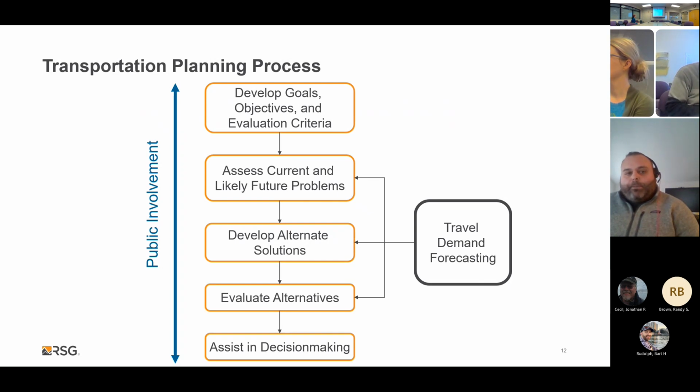Otherwise, you run the risk of developing a travel demand model that isn't sensitive to the policy questions that you're asking in the region. So it's really important to have that feedback mechanism in your planning process with the travel demand model. You don't want to develop the travel demand model in a silo as its own thing. You want to make sure that you're developing the travel demand model and your planning processes concurrently with enough feedback so that the money that you're spending on the travel demand model is answering the policy questions that you want to answer.